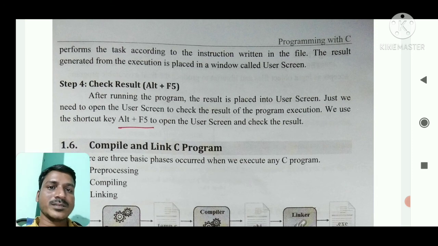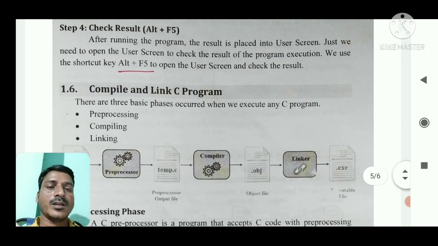So next, another important thing in our C program is compiling and linking a C program. In creating and running a C program, the linker is there.